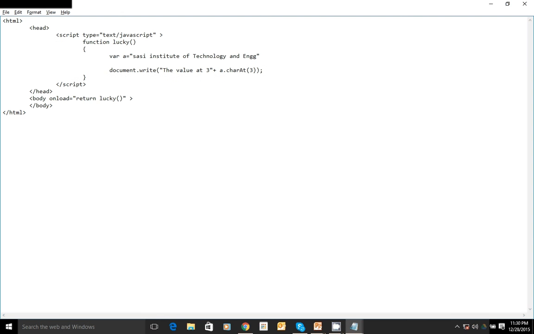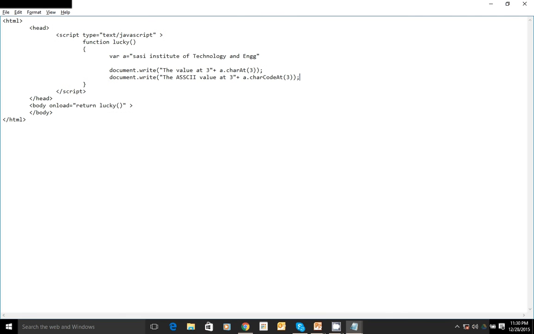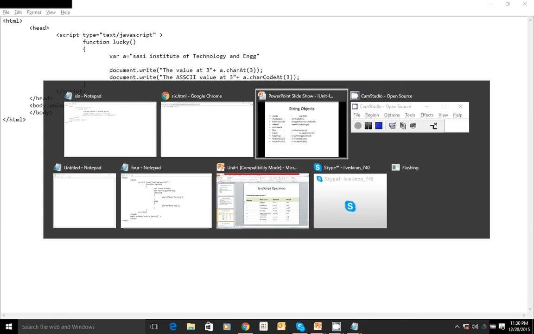The value at index position 3 is I. If you want to know the code of that, the ASCII value of the character at that particular position, the ASCII value at position 3 is 105. Like that you can make use of the rest of the functions.